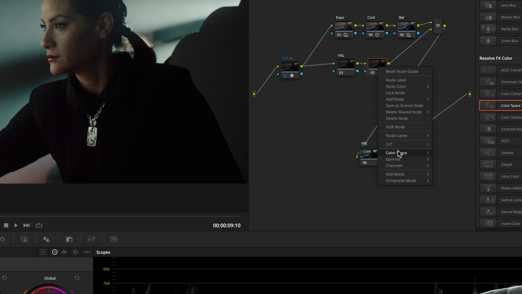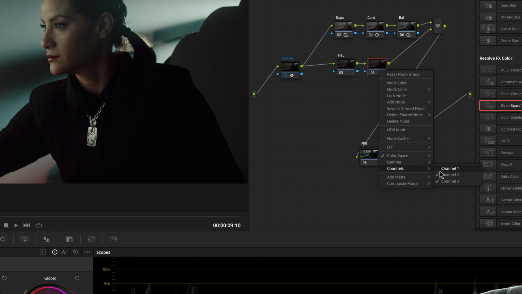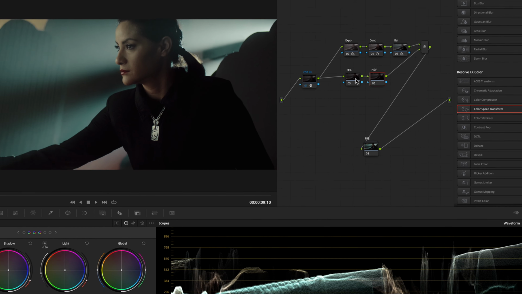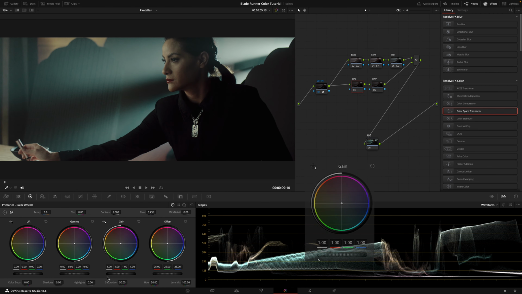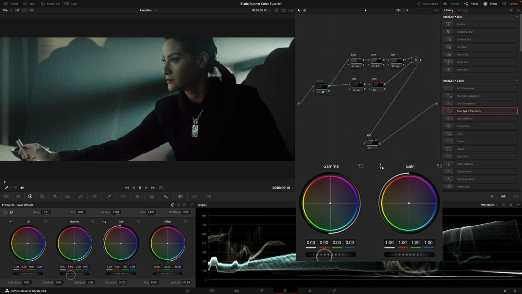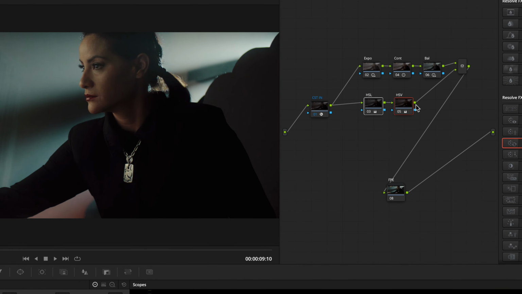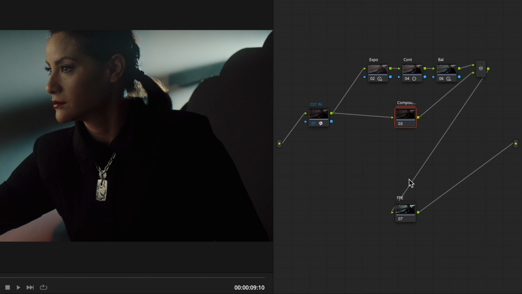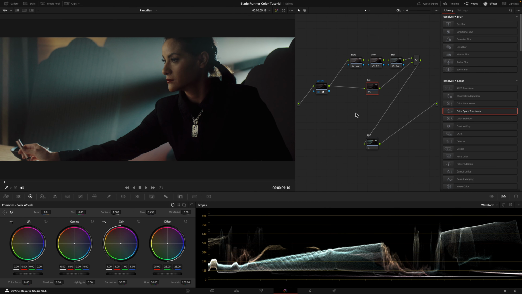After that, in the following node, I change the color space to HSV, and again, I disable the hue and value channel, leaving active only the saturation channel. Then, in the HSL node, I lower the gain in my primaries to 0.58, and in my HSV node, I raise the gamma and the gain. Finally, I created a compound node with these two nodes, and I labeled it saturation. Doing that, I try to mimic the behavior of the saturation in a film print system.